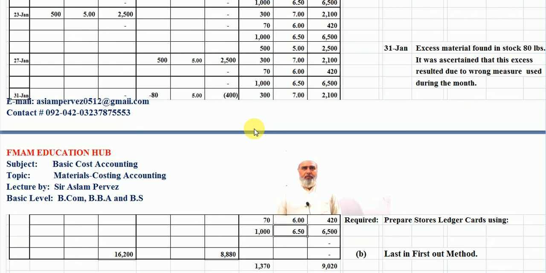Now friends, the return is 80 pounds. The rate is 5 per pound here. Friends, this is our current inventory card,